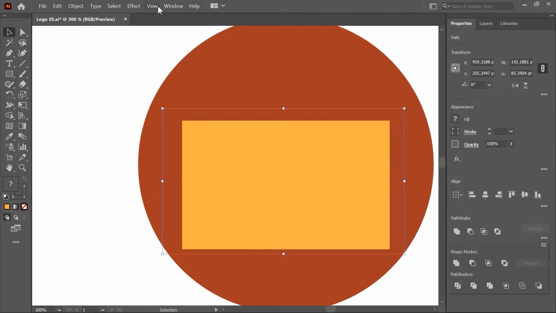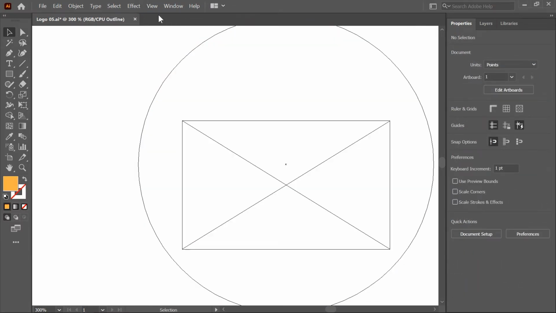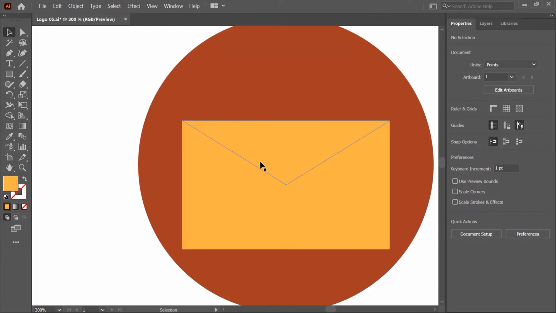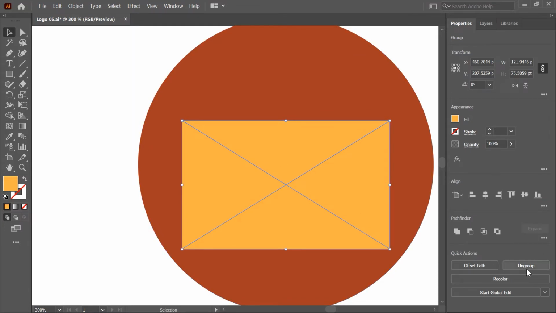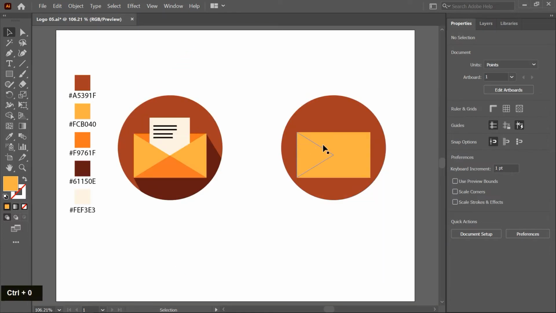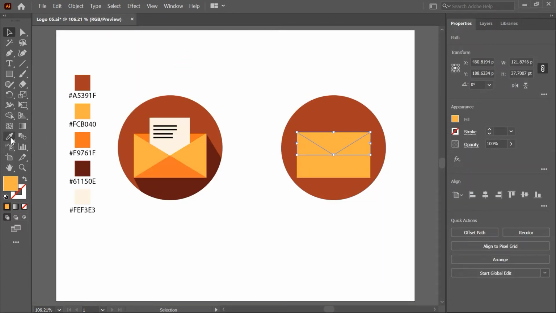I show you in the outline view. This rectangle breaks into four pieces. First I select this rectangle and then ungroup, click outside and select the first part, and by using the eyedropper tool I pick this color. By pressing the Ctrl key I switch to the selection tool. I press the Ctrl key and temporarily switch to the selection tool and can select this second part, and now